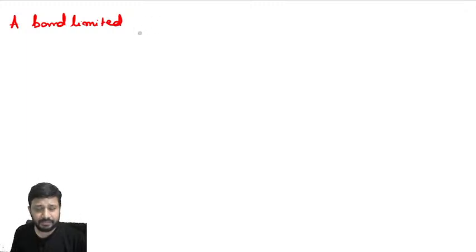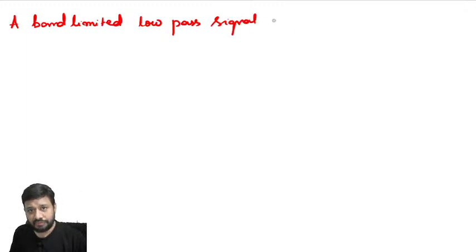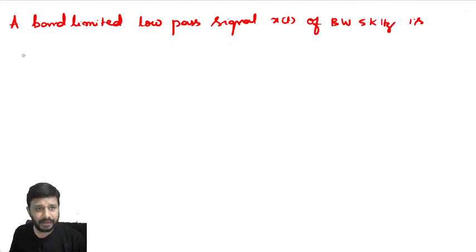Band limited means limited in frequency. Low pass signal means the Fourier transform is centered around 0, with a bandwidth, bandwidth meaning highest frequency minus lowest frequency for positive frequencies, of 5 kilohertz,